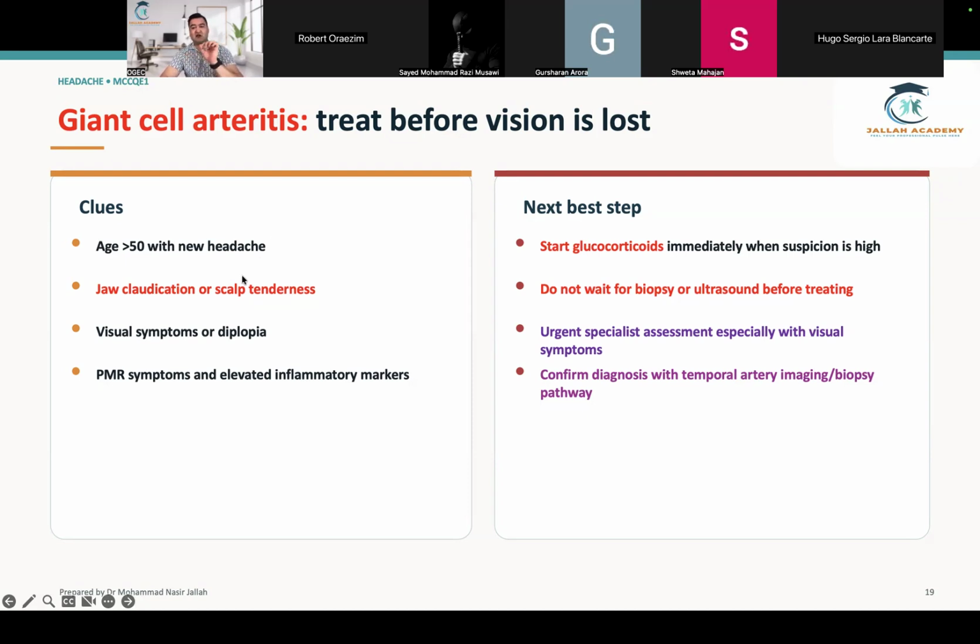It could be male or female. Again, remember, mostly they will give you a female. I forgot to mention it here, but please write it down. Mostly female, mostly more than 50, mostly the ESR and CRP is high, especially ESR will be more than 50. If it is not more than 50, don't think that it's not giant cell arthritis, but in most cases, it's more than 50, okay? Female.